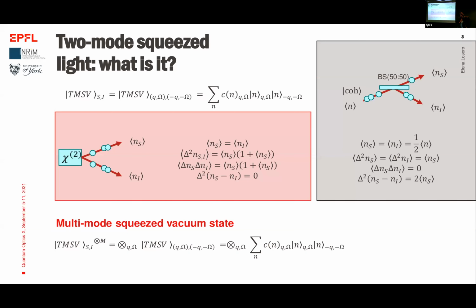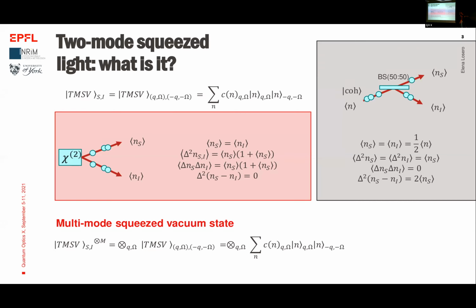So before going into the details of quantum reading, just let me tell you a few words about the two-mode squeezed state of light, because it will play an important role in the next part. What is important for us is that this quantum state of light has this representation here in the Fock basis. And in particular, the main feature that we will exploit is the fact that it presents perfect quantum correlation between the two modes. We can also extend this state of light to the multi-mode situation.